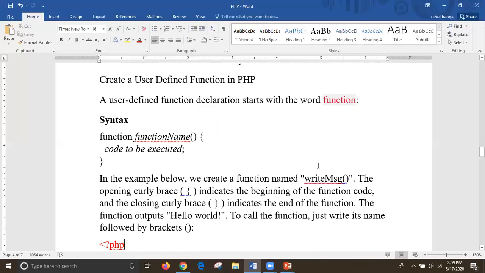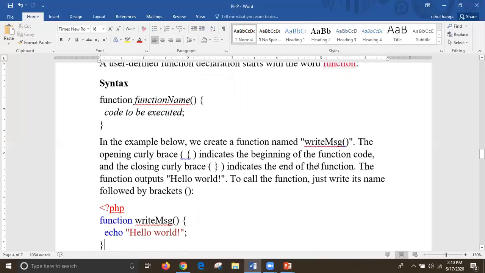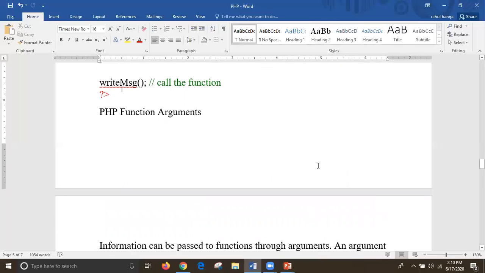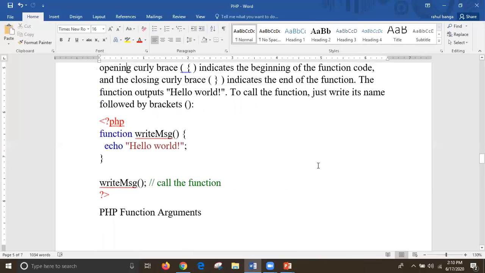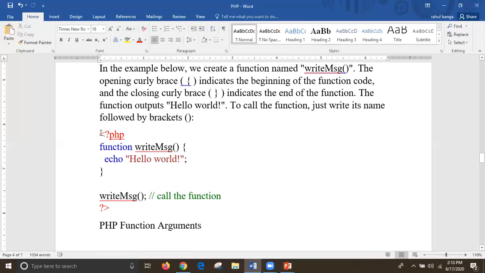Now let's see the example. Firstly, this symbol, question mark PHP, means the PHP script is started. The basic concept of PHP was discussed in the previous video, so you can go through that.